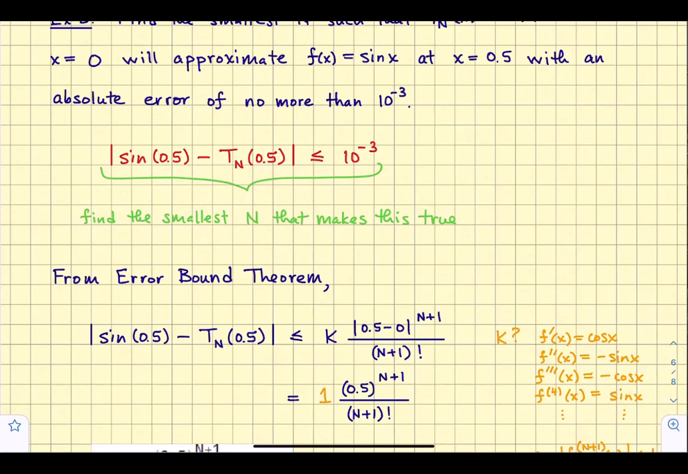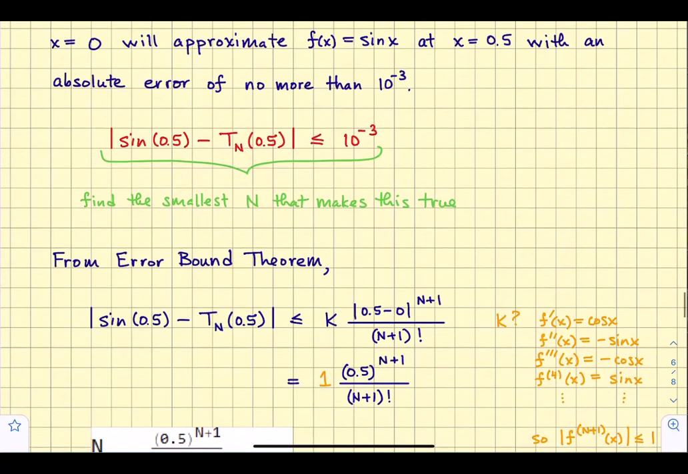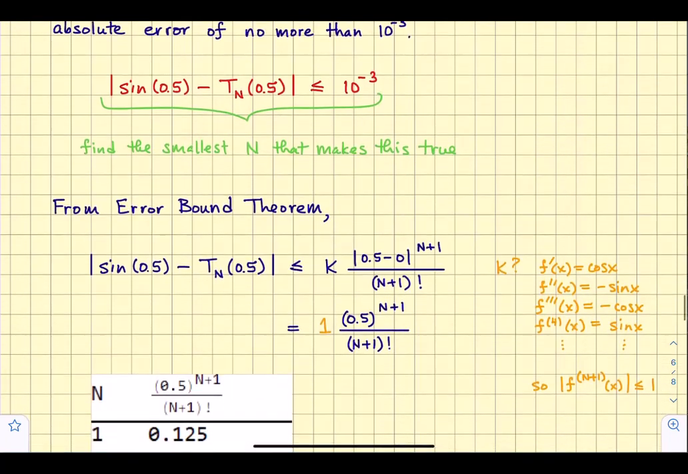But thankfully, we have the function sine x, and so if you just look at its pattern of derivatives, it doesn't matter what order derivative you take. What I can say with confidence is that no matter what order derivative you take, all of these functions have their absolute values bounded above by 1, because they all bounce between minus 1 and 1. So we got off pretty light here again because of the nature of our functions. So we take our k to be 1, and this will be a true bound no matter what our n